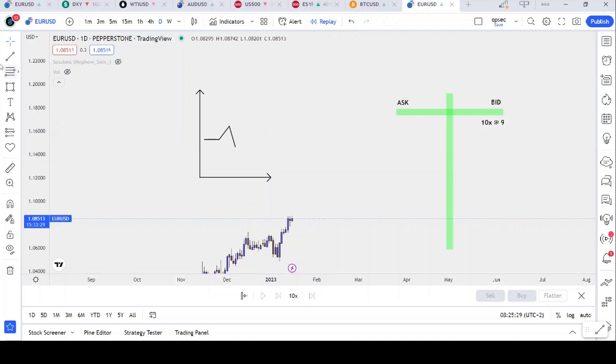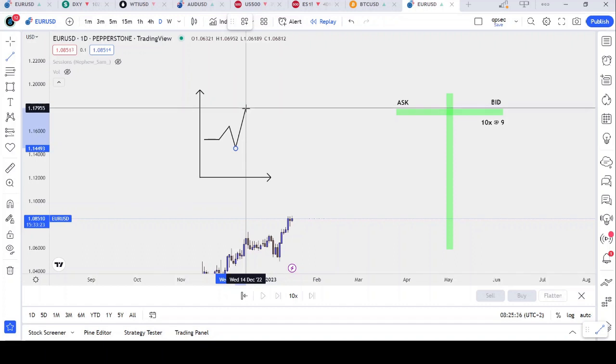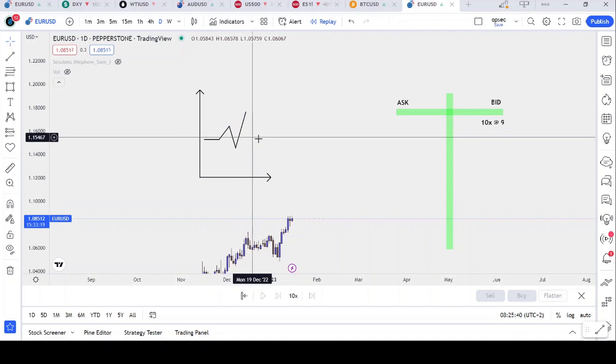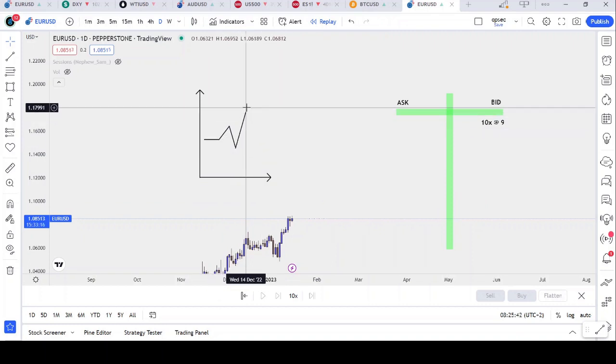Now, what they will do is they will manipulate price up. How will they do this? They will do this by scattering limits up here. Now, keep in mind that obviously